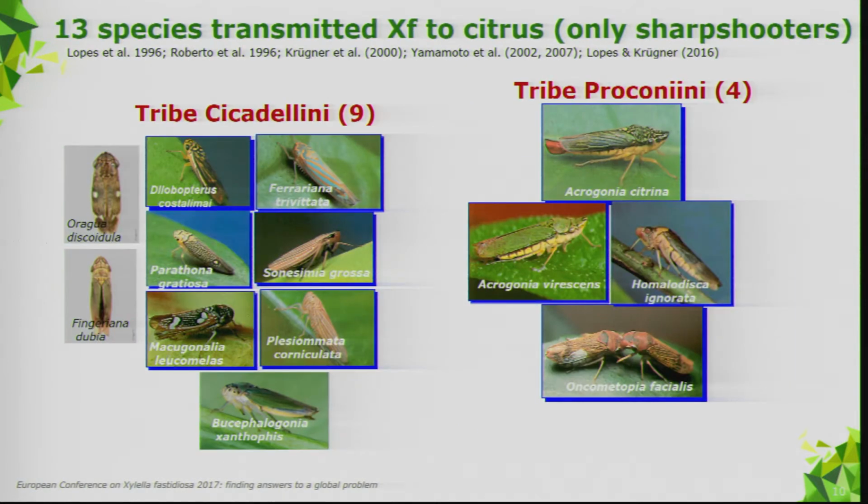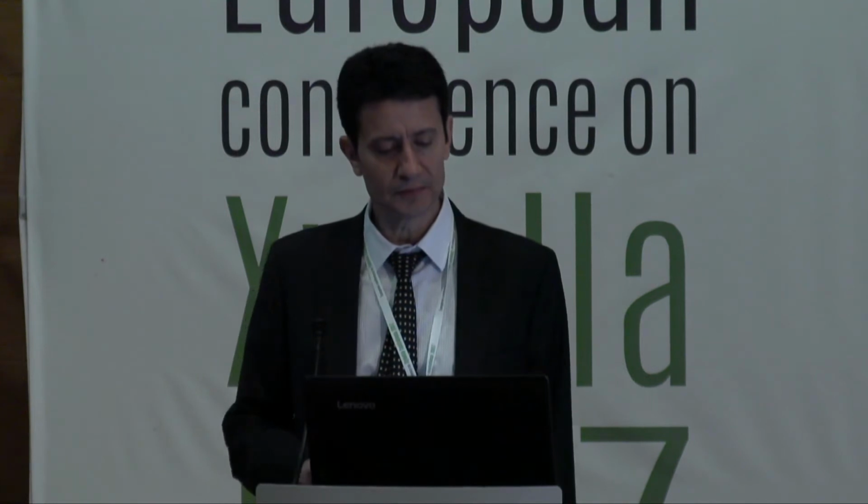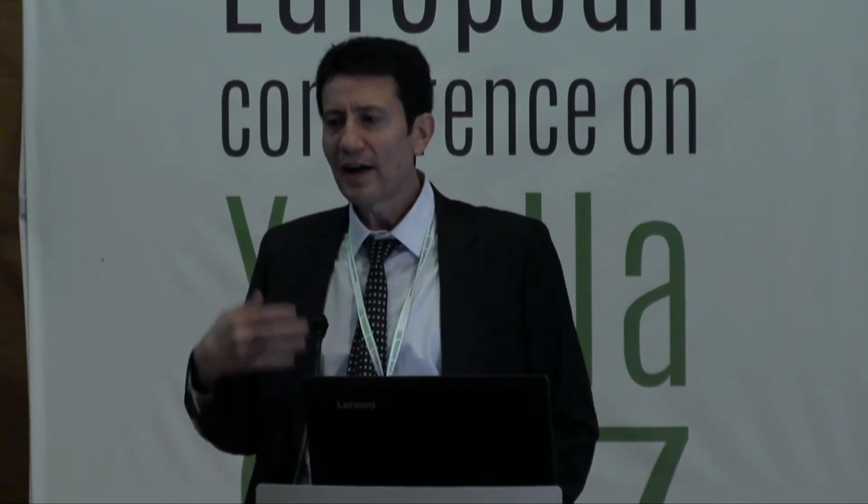So this was experimentally demonstrated for 13 species of sharpshooters, most of them Cicadellini and 4 Proconiini. And most of these species are very abundant in citrus orchards. So the next step is to determine which of these species are relevant epidemiologically. So what factors determine vector relevance? So many things can be important. I listed some of these